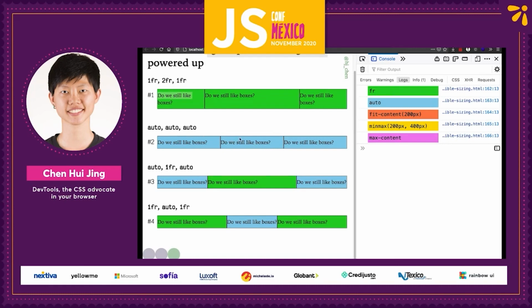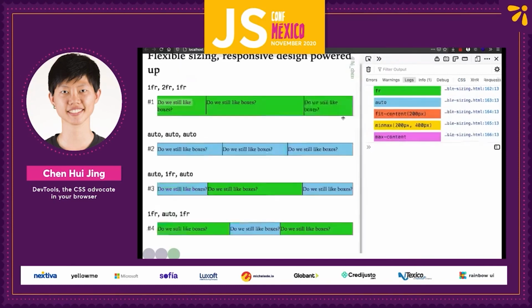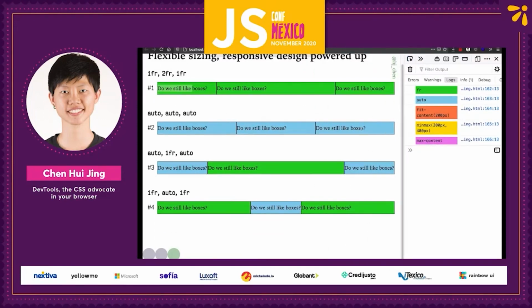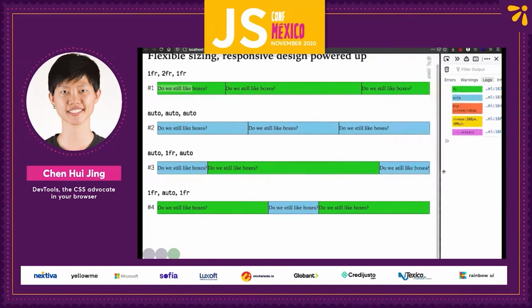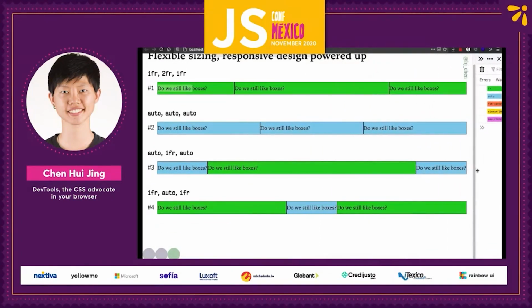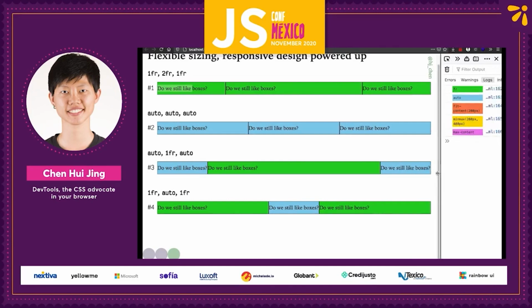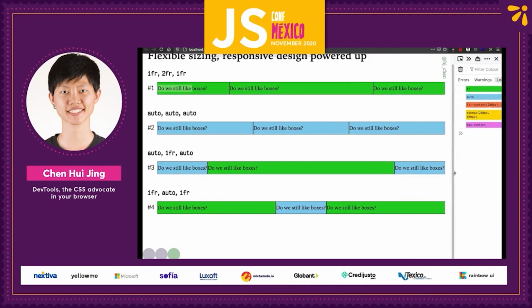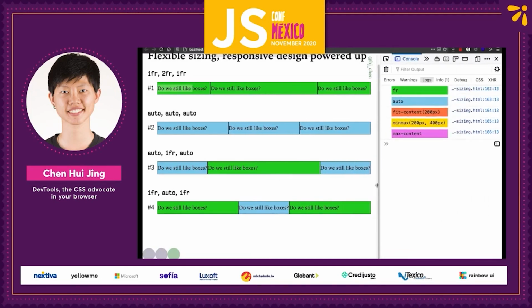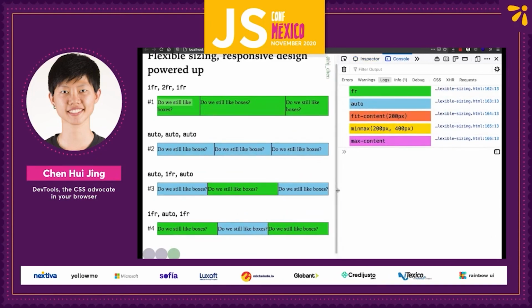Auto behaves rather similarly to FR if it's used in isolation. If I have 3 boxes and I set them all to auto, they all have the same width. Cool. Now, when they're used together, you'll see that FR will take up any extra space available. So if there's lots of space in the viewport, all this extra space goes straight to the green box, which is sized with FR. But when there is no space, so when I start shrinking the browser, it's also the first to get space taken away. And as I take away more space,